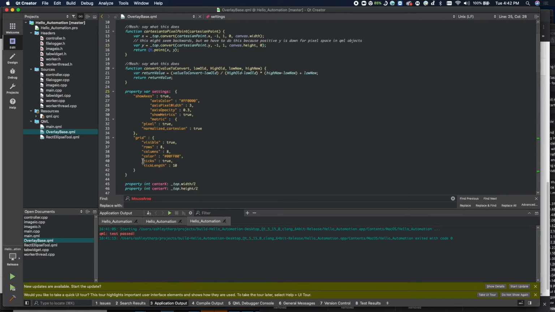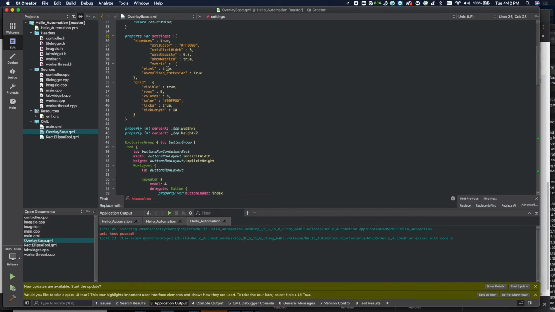So here's some settings. Okay, yeah, this is what I really liked about this class. With your base class, you can just quickly turn on and off the things that you want to look at. So if you want to send a production, for example, you can set show axes to false. Maybe you don't want to see that grid. You can take the ticks off, tick length. You can change the number of columns so that your ticks,